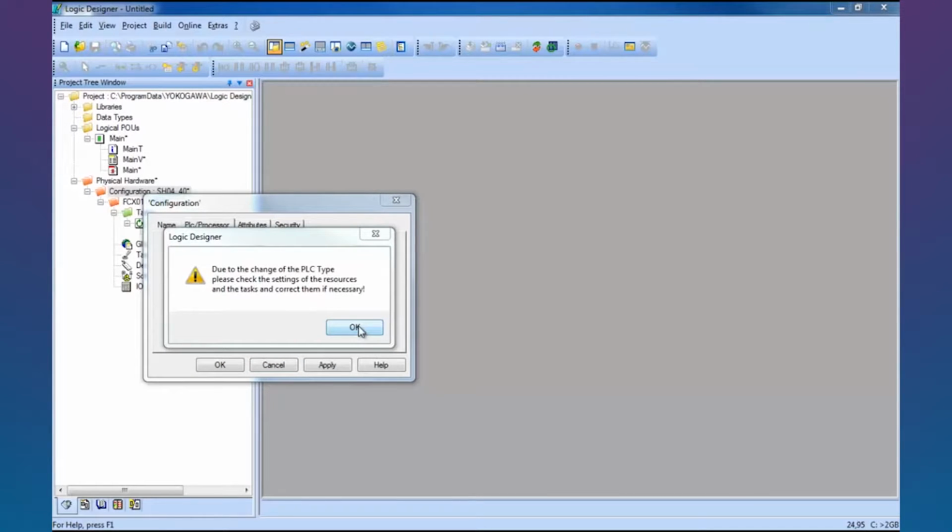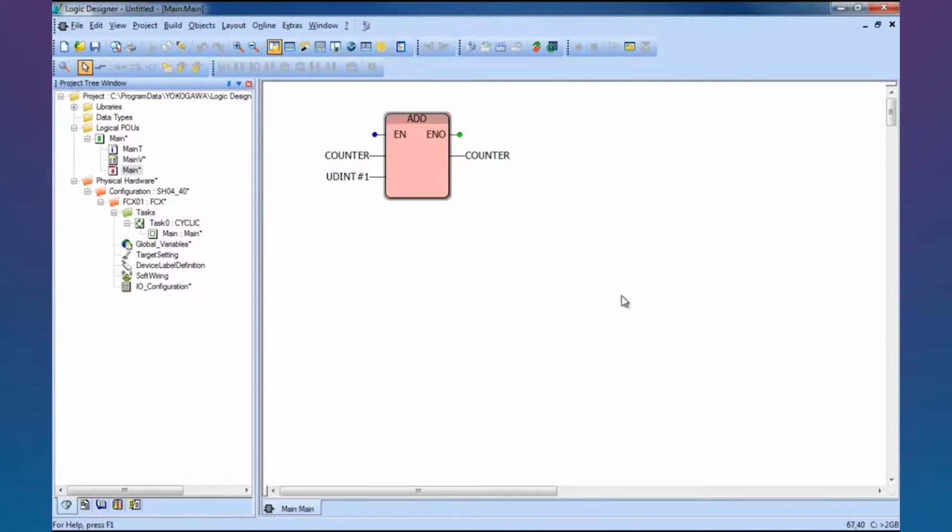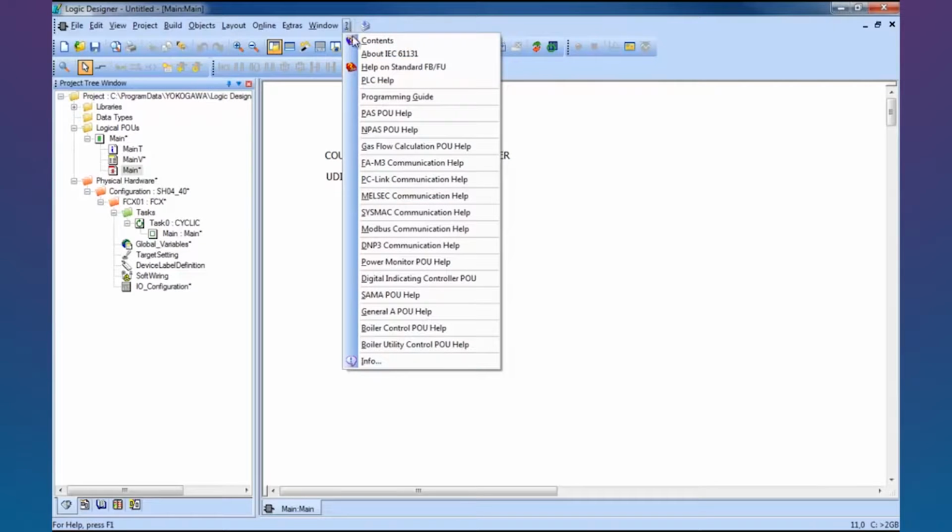Once again, I get the message warning me that I'm changing processor types. I already know that, so there's no issue there. There's no program loaded in the default except for this counter, simply adding 1 to a counter variable and counting up. It's just a dummy task that's automatically put in there for you. So now you need to go into the help files here,